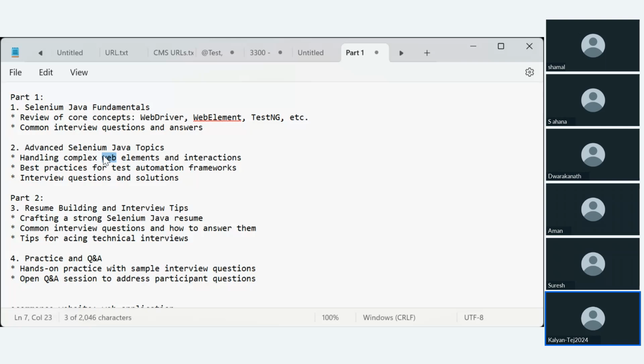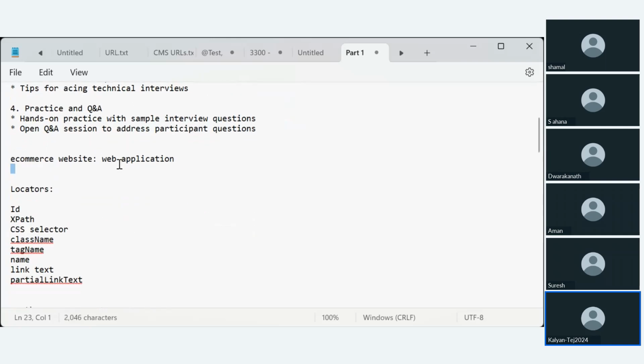Today let us look into a few sample resumes, and along with that let us have some interaction, similar to the mock interview which happened yesterday, so that you will have some good preparation for your interview.